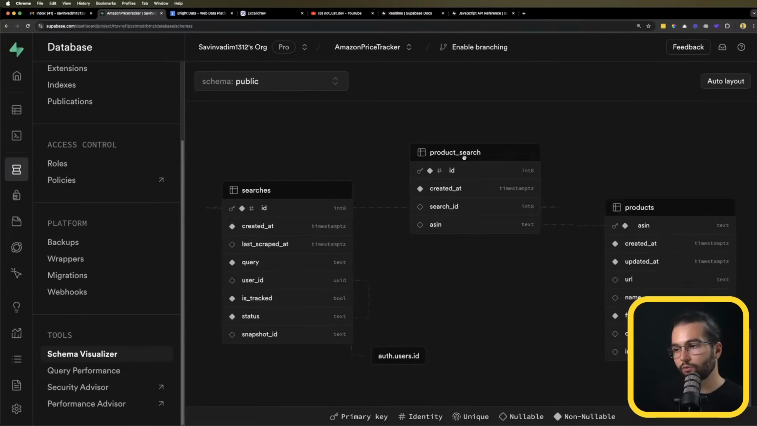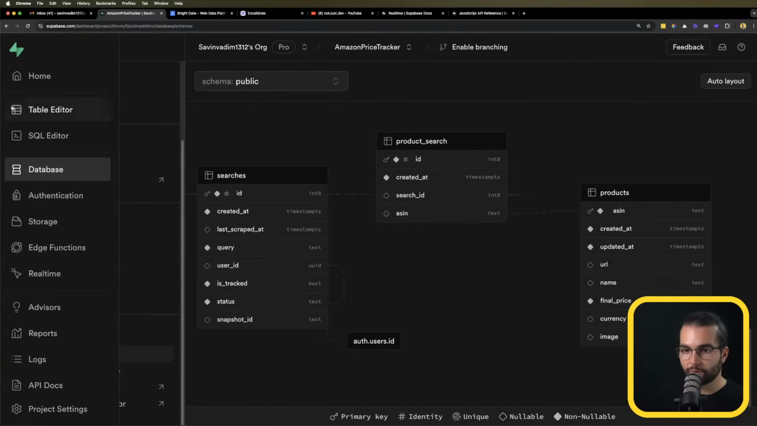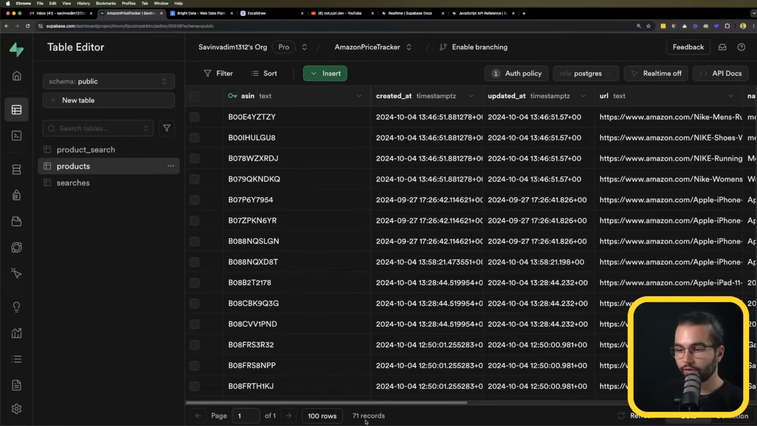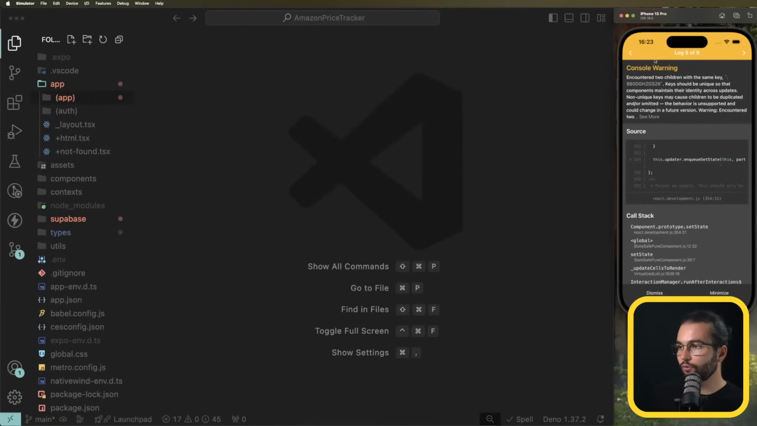The problem is that whenever we are scraping them again, we are not duplicating them in the products, but we're duplicating them here in the product searches. And we can see that if we go into the table editor, we have only 71 products, but in the product searches, we have 90, which means that now if I'm going to do one more here, if I'm going to start scraping iPhone again,